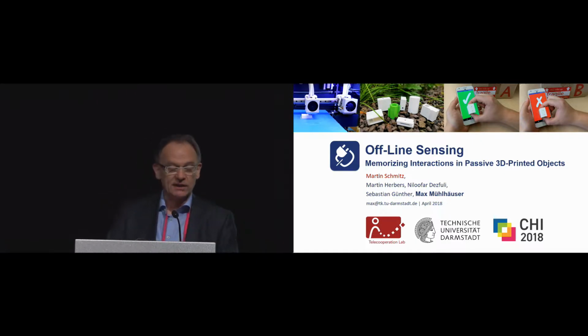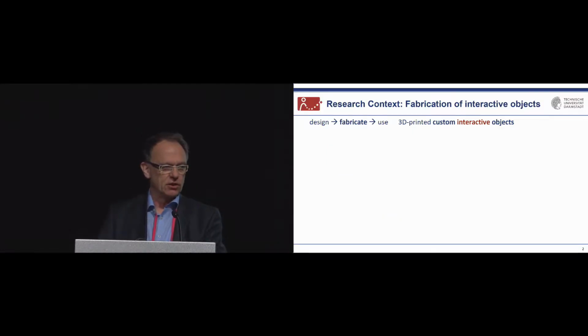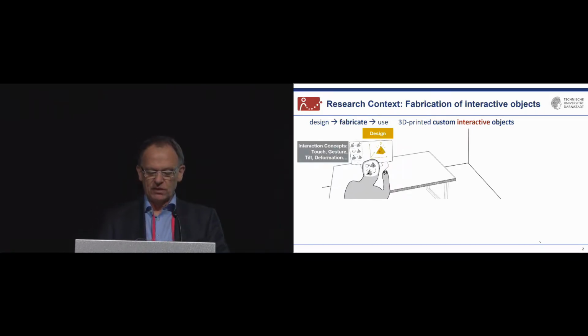Before I dig into the very subject of the talk, let me give you a brief background of the more general research context that it is executed in. Since a few years already, we are trying to support the fabrication of custom interactive objects that come off the printer with interaction capabilities. So in the design phase, you would not only design the 3D object's shape and structures, but also the interaction concepts you want to support on the object, like touch or touch gestures, like directional gestures on the surface of the object, tilt or deformation, and other